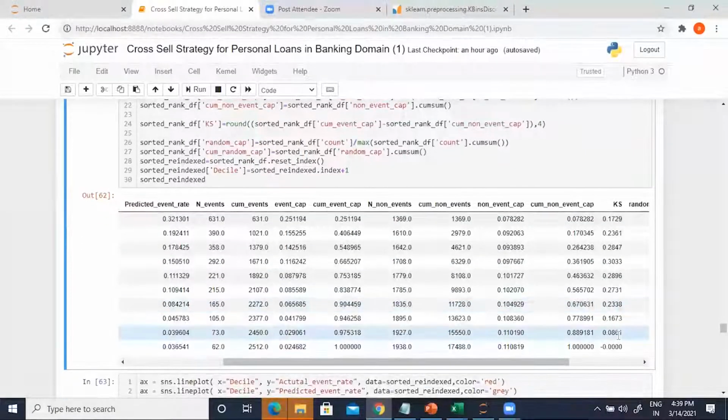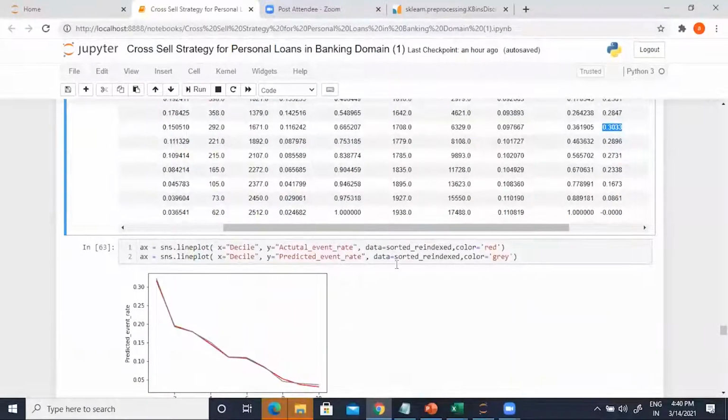Now, guys, if you want to build a good model, your Kolmogorov-Smirnov statistic must get maximized by the third decile. If your maximum KS value is not achieved by the third decile, then there is a lot of room for improvement in the overall power of the model, discrimination power of the model. Unfortunately, that is the case with the decision tree outcome here. So we can see that, it's really not.